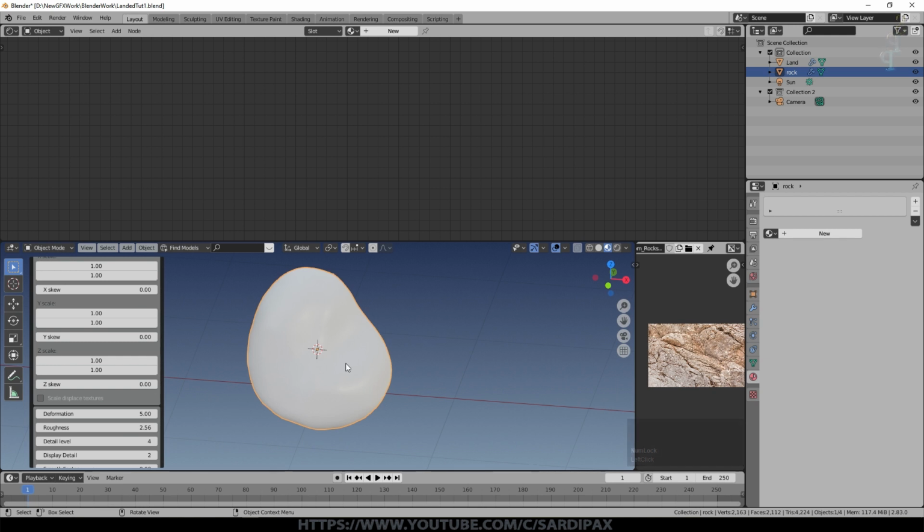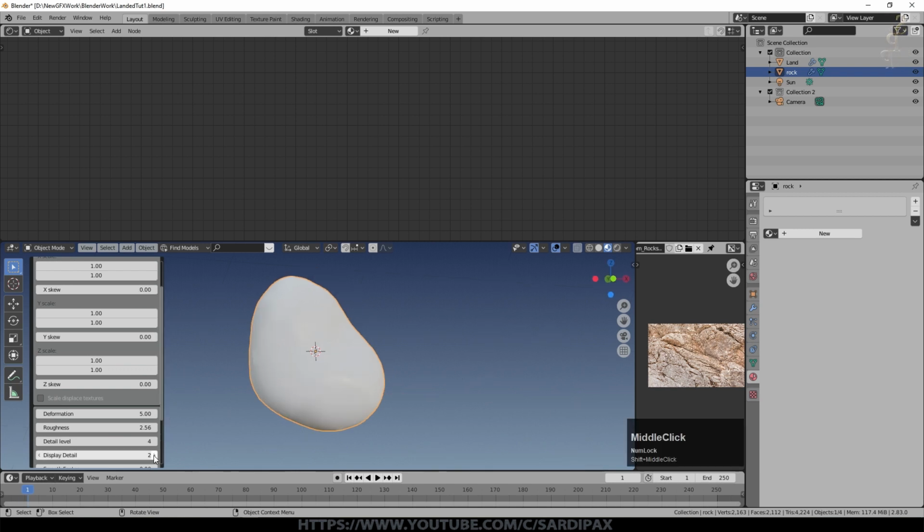So I created several different rock sizes, and the main thing is that we want some rocks that have a relatively high amount of detail, and those are going to be our large boulders, and then some which have basically the same form but have a lot less detail in them because there's going to be a lot more of them, and those are going to be our intermediate and small size rocks.